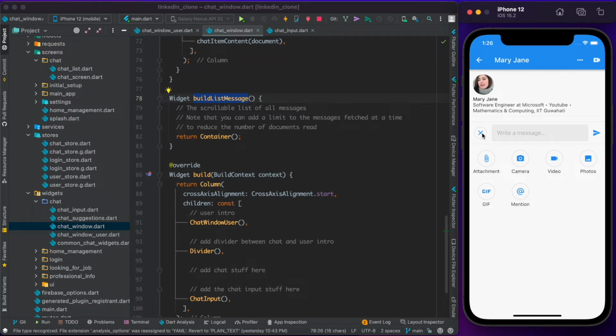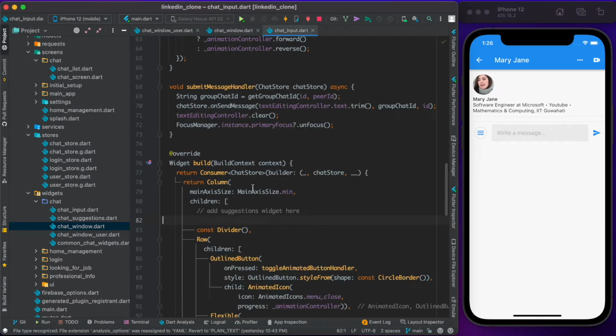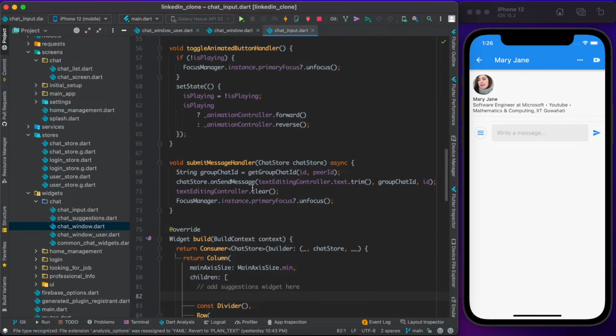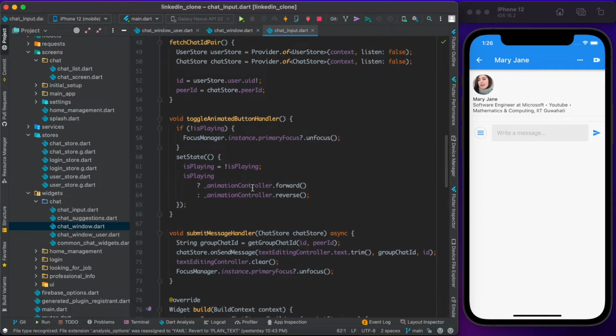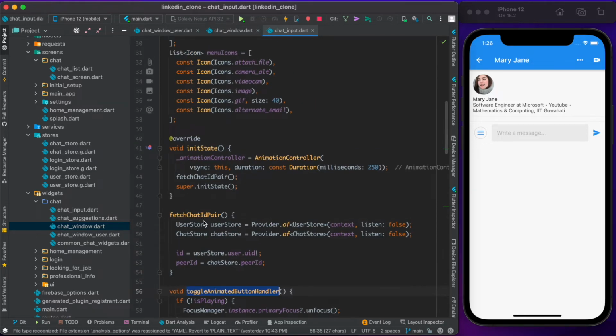These are things we'll look at in future videos, but for now we will focus on the Cupertino text widget here. The Cupertino text widget is controlled by a text editing controller, and that text editing controller will have information for the text message that I'm trying to send. I'm using the submit message handler for that, and I have a few other functions like toggling the animation or fetching the chat ID pair.